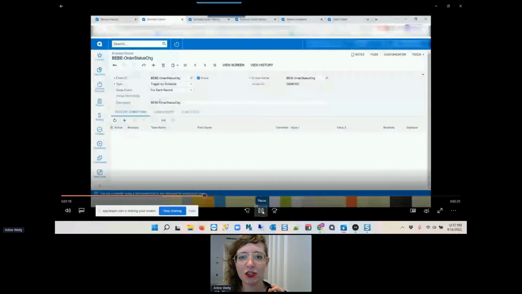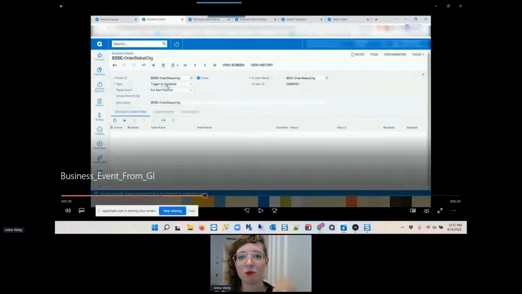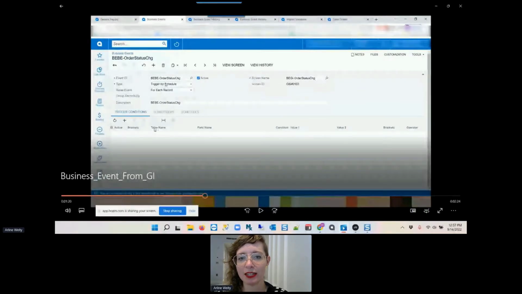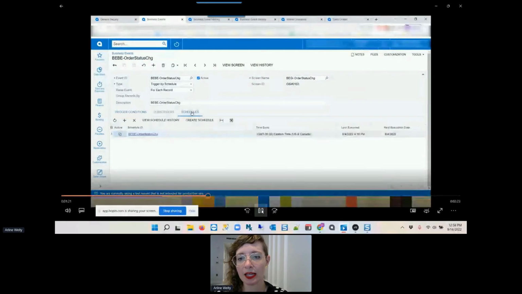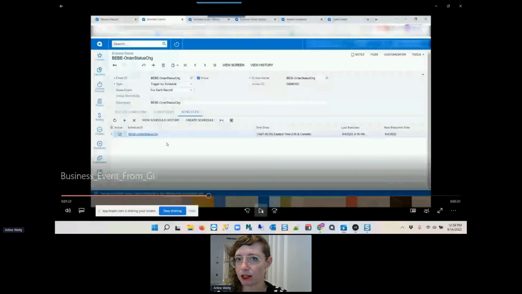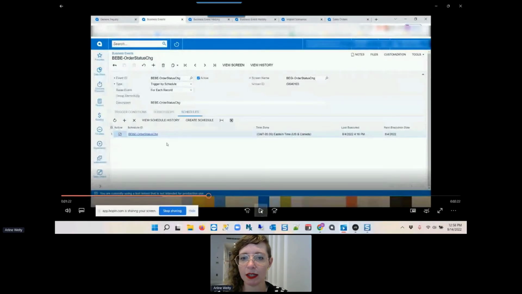So the trigger conditions can be linked to what I mentioned before. If you did trigger by record change, you can see you would define the table name, let's say SO order, field name, status, and the condition, and you choose the to and from values. So in my case, since I chose trigger by schedule, I don't need anything in the trigger conditions. But in the schedule, which I'll show you,